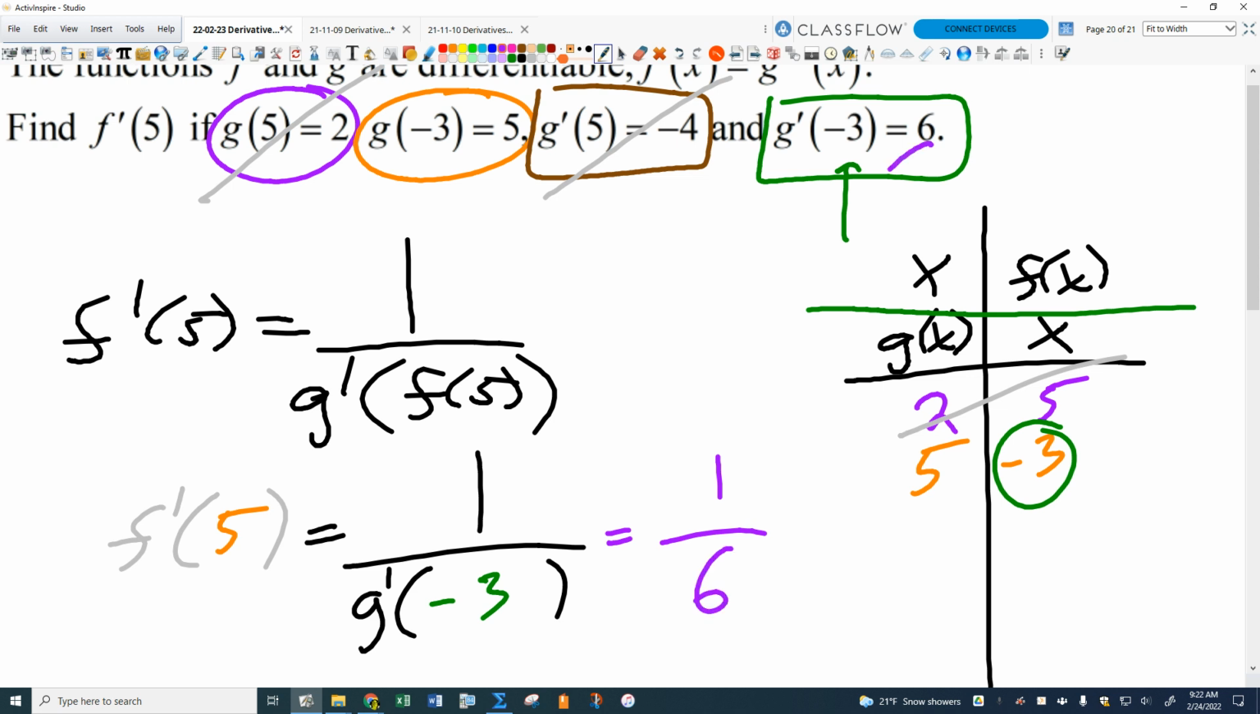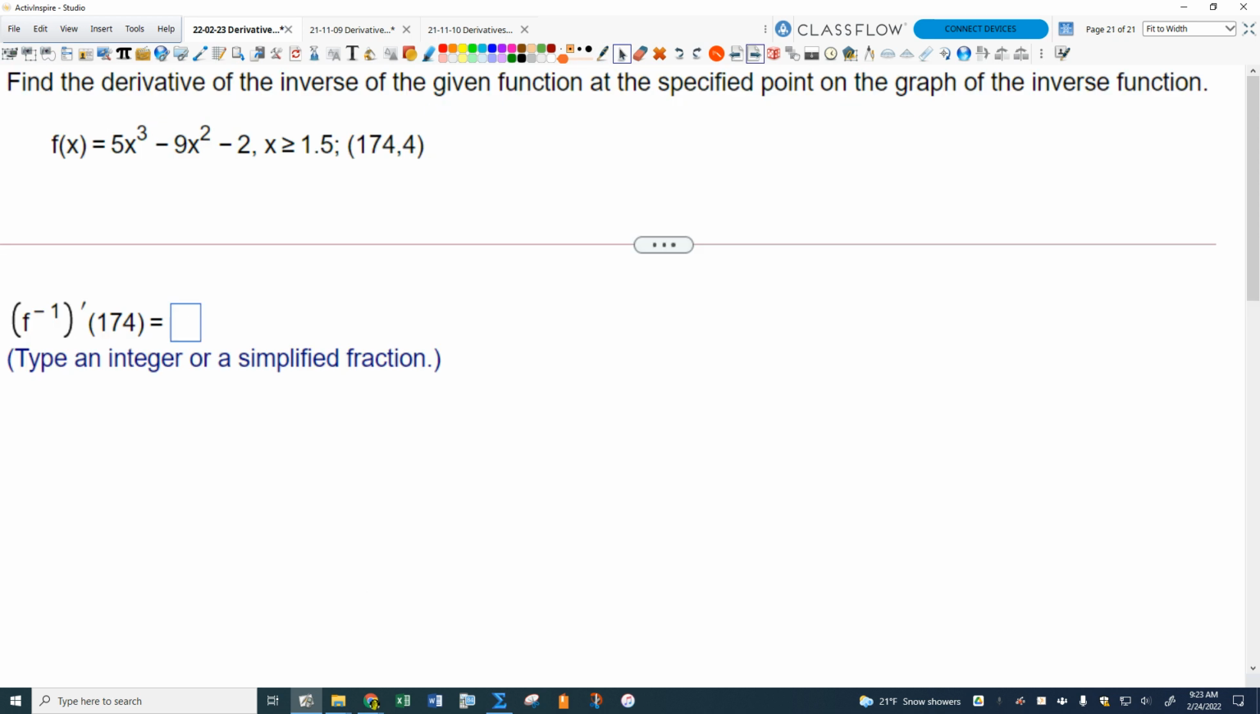Right? Everybody see that? You can see why they're tricky though. I mean, I get why people miss these ones because they're kind of tricky. On the assignment, when they give you problems like this, one thing that's a little bit confusing, it says find the derivative of the inverse of the given function at the specified point on the graph